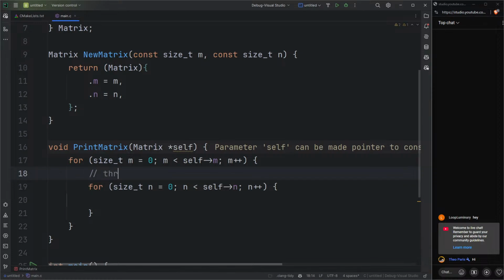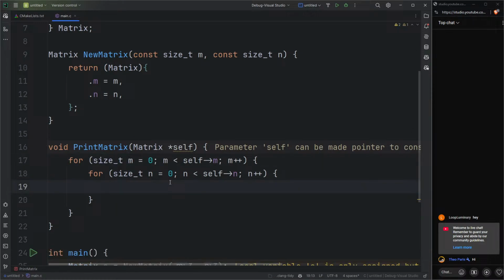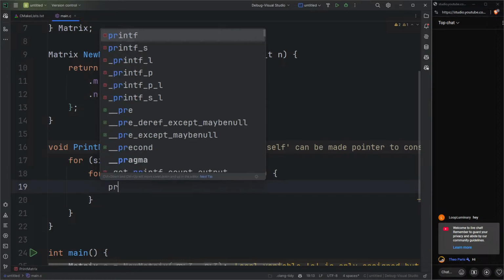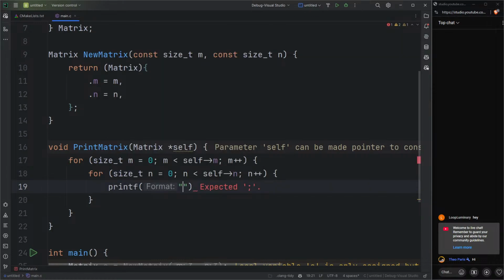So that means here we're going to go through every row, so the outer loop runs for every row m, right? And this would run for every value, or column, should I say, in row m, for every column n in row m. Hopefully that makes sense. All right, so what we want to do for every value in the matrix is basically print it, of course. So printf,